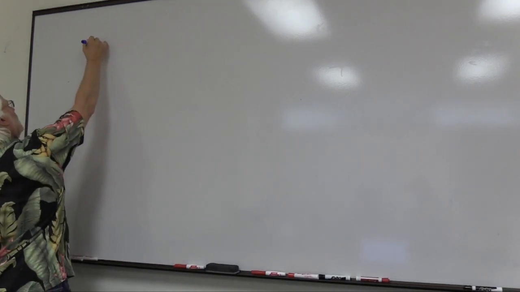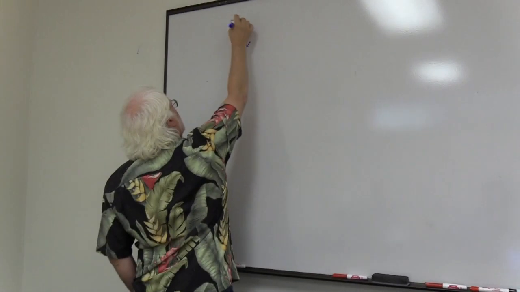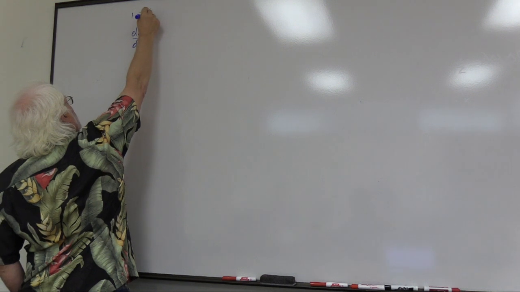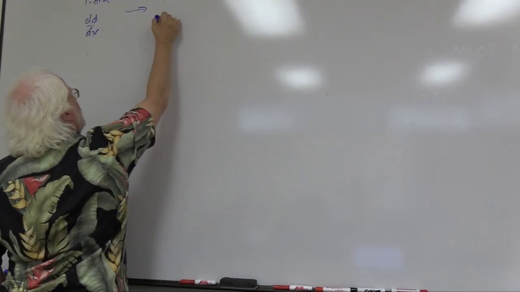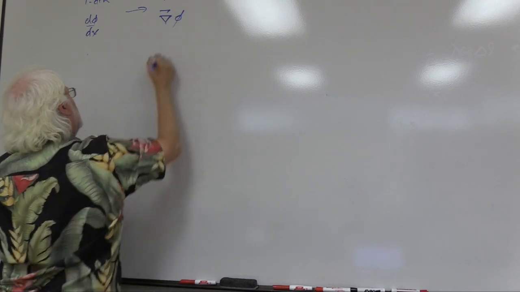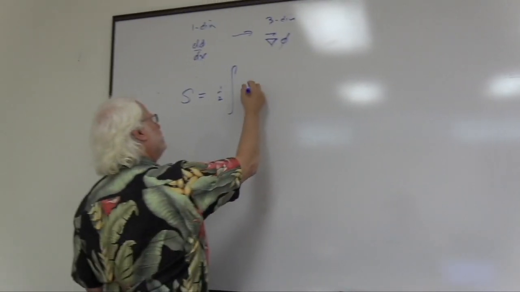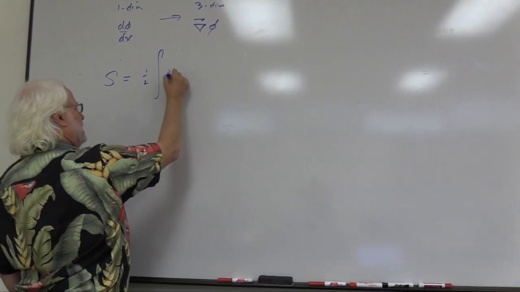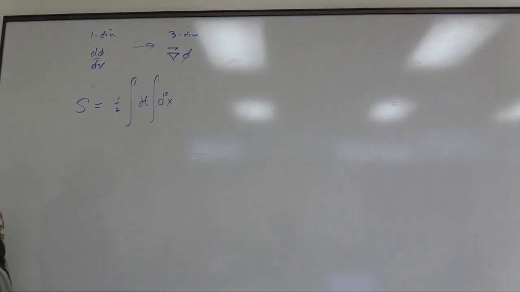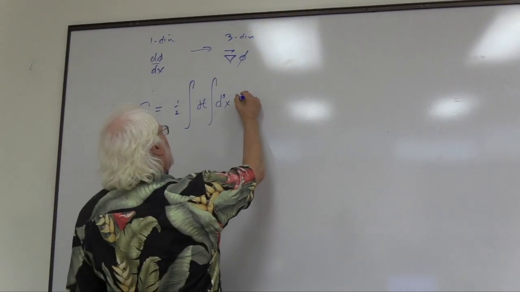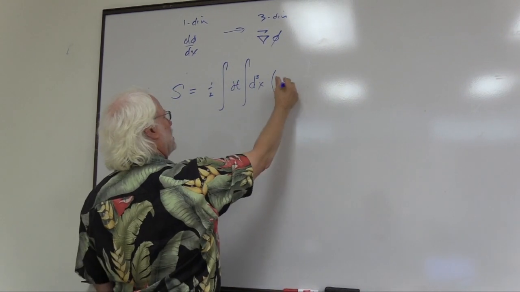So if d phi dx, our one-dimensional problem, goes to 3 dimensions, then this becomes a gradient, and our action is now 1/2